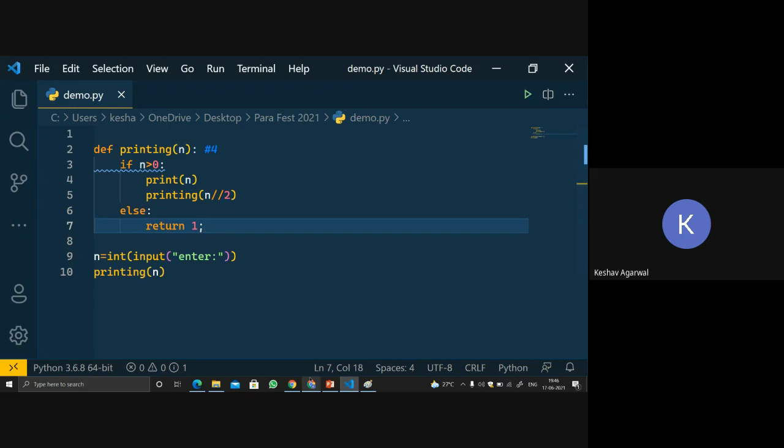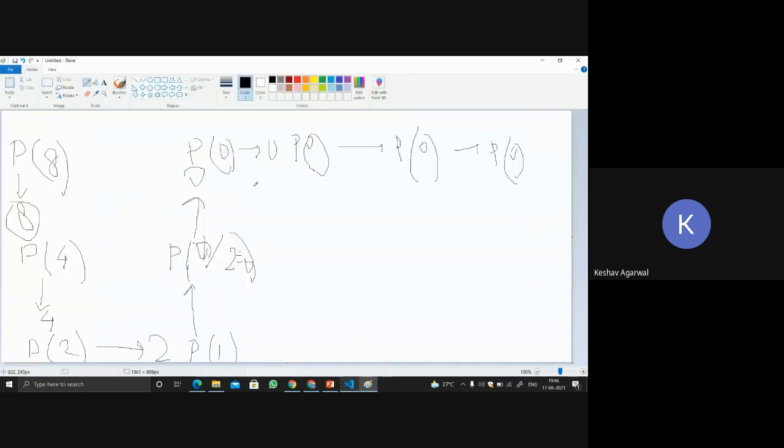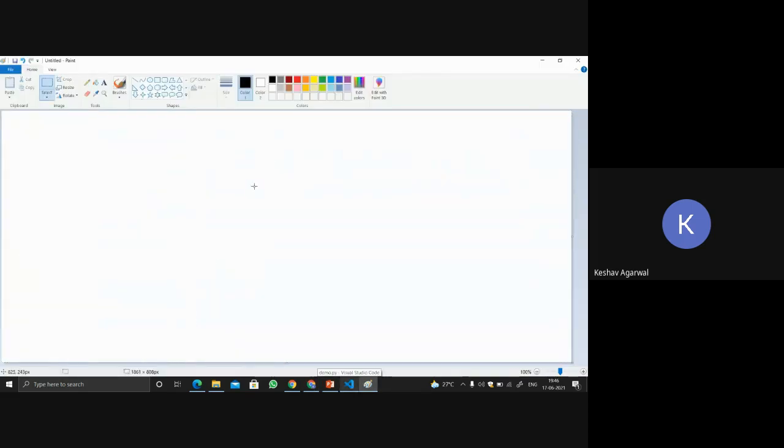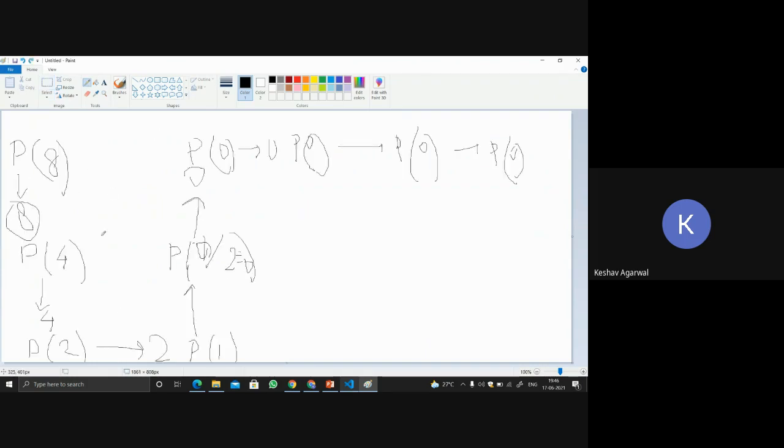Okay, so now there is one another particular naming that I would like to show you, like exactly what was happening here. This is called a recursion tree, because it is referencing to this particular program, again this function, again, so it forms a kind of tree.